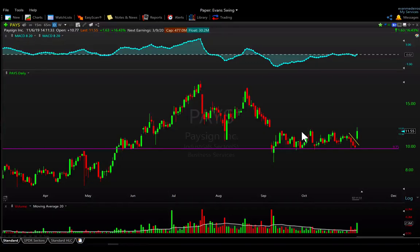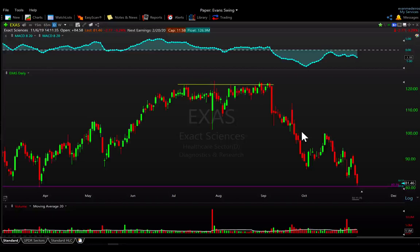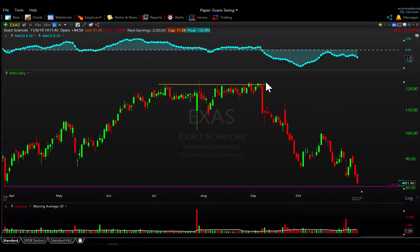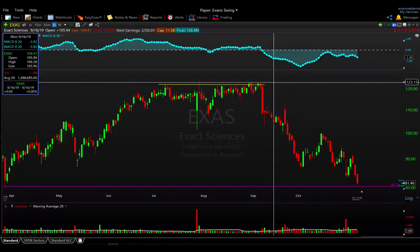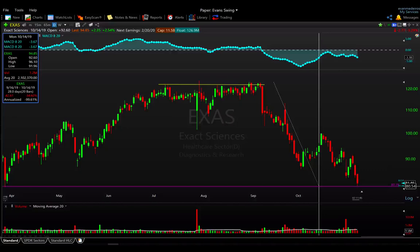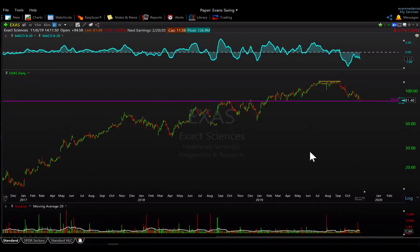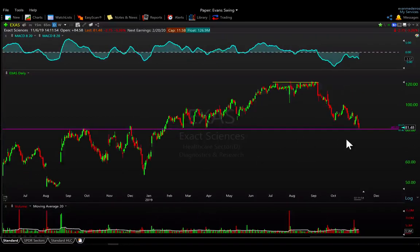Last but not least from our watch list is a different look here. This is EXAS. This one here has been beaten up. It's retraced about 35% from highs. You can see it topped out around $123. It's trading around $80 now, so it's nearly a 35% pullback. The longer term trend is certainly up and to the right here, so it's been in a strong trend,